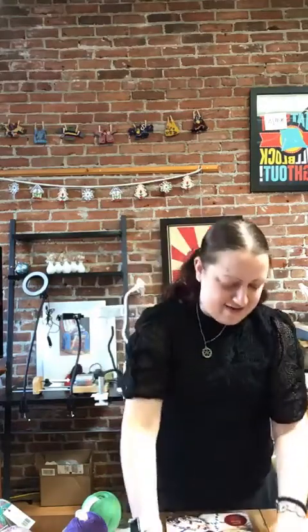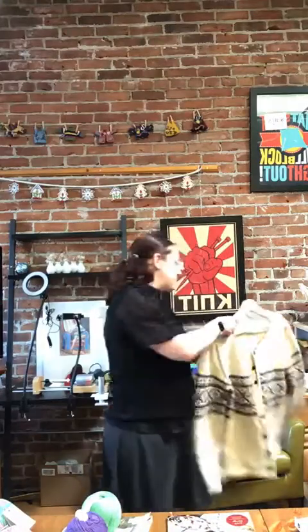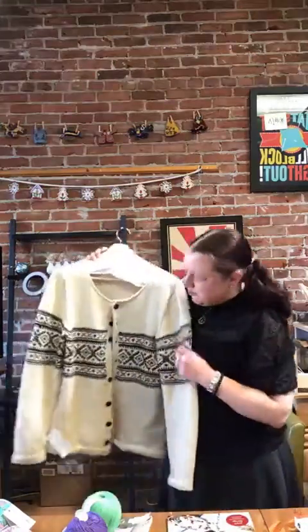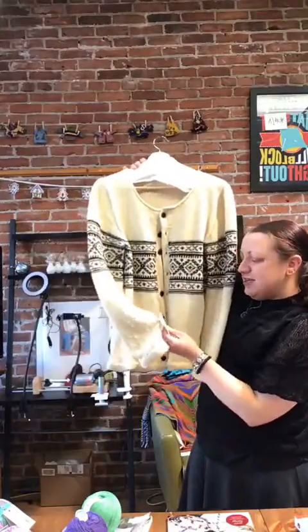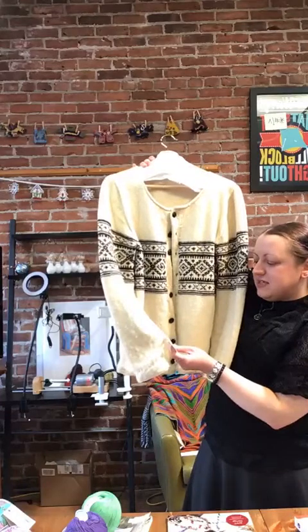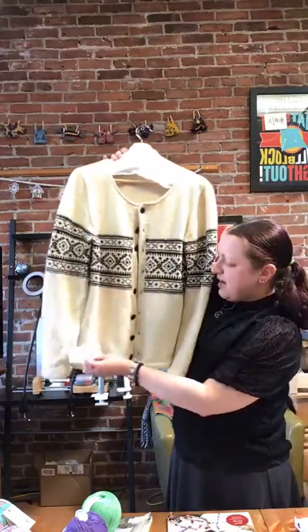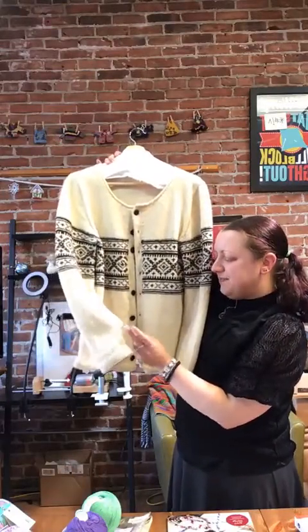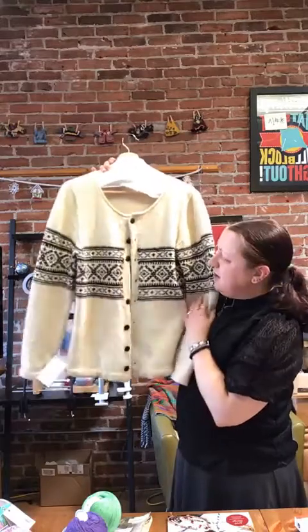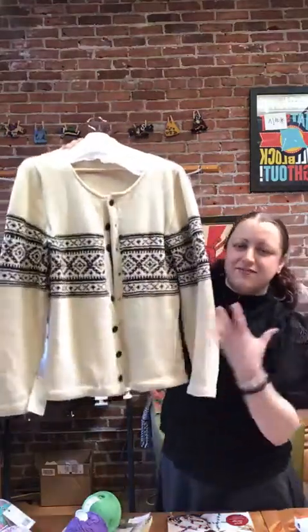And I have a project to show you guys made out of the Patagonia. This was made by our friend Sandy before she moved away. This is the Lisbeth jacket. This is on Ravelry. This took 5 skeins of the main color, so the ivory, and then 1 of the contrast color. And this is a size large, and I love the color work on this. It's very simple and understated and